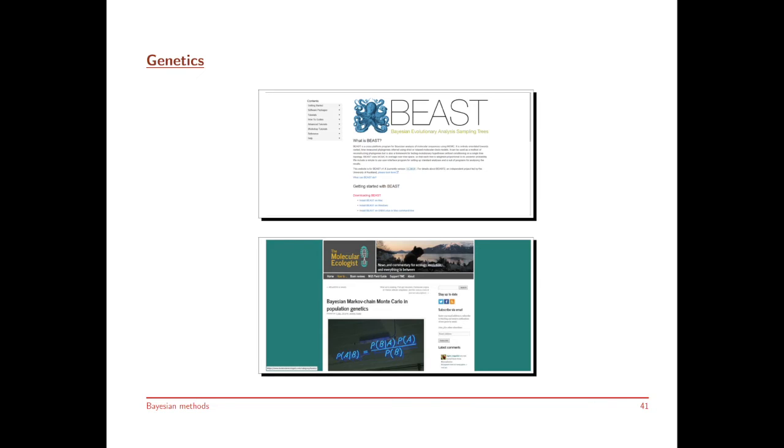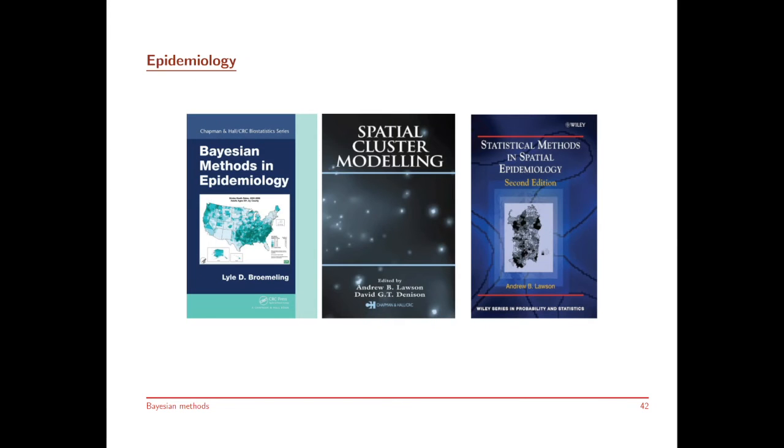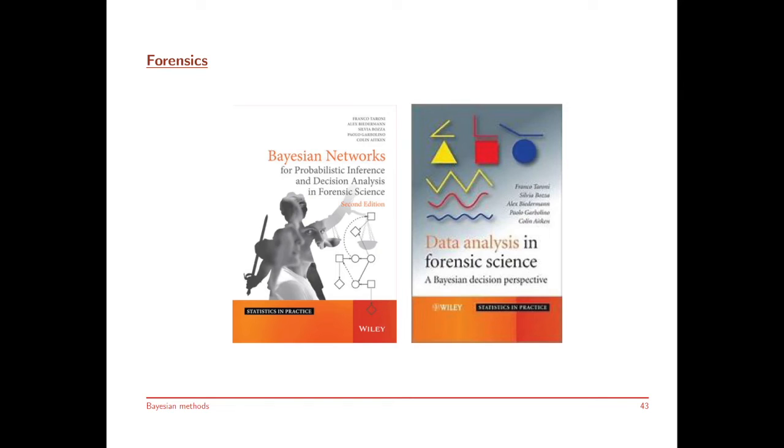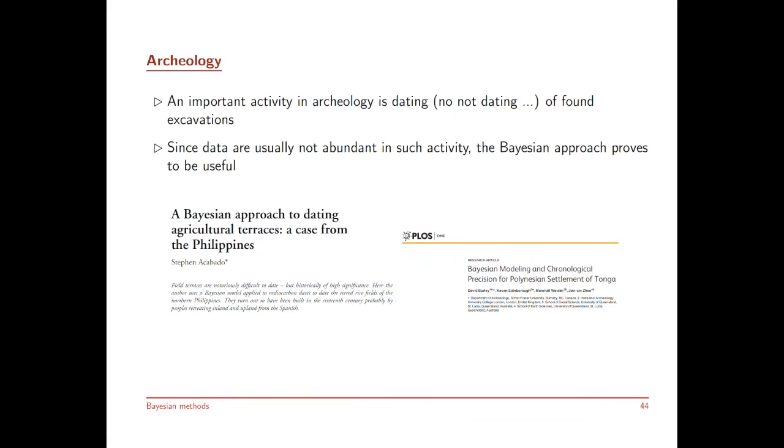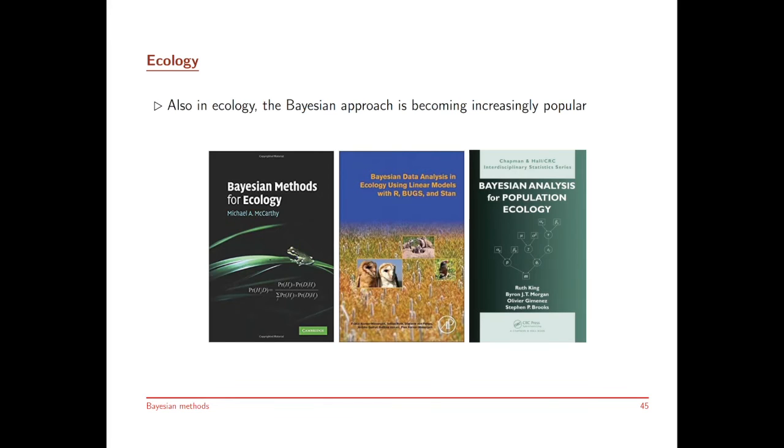This is a popular Bayesian program in genetics. Here you can see 3 books from authors who are working in Bayesian methods in epidemiology, in forensics, in archaeology, where you usually have a lot of prior information but not much data. In ecology, a very important application area, to look at the geographical spread of certain species and